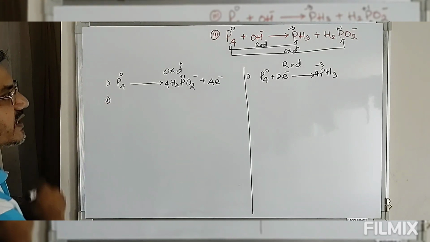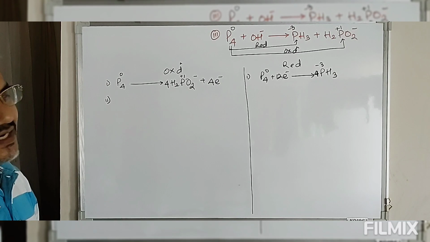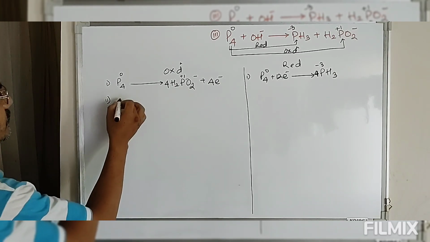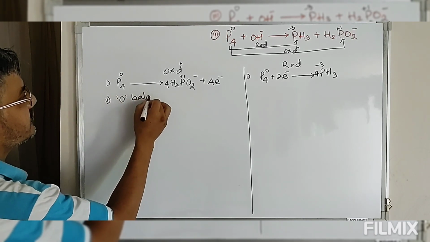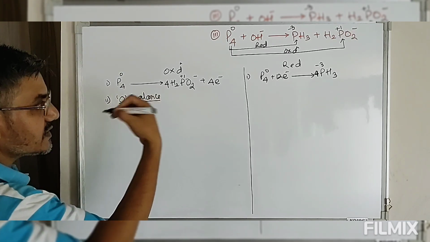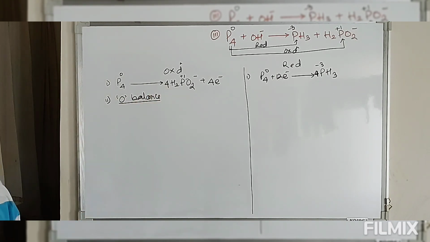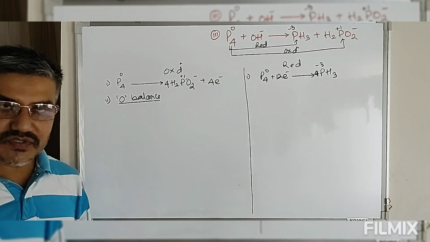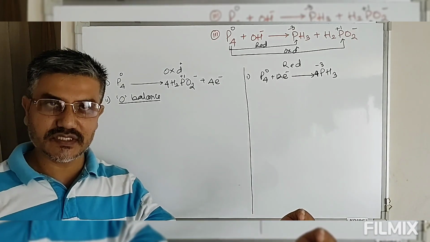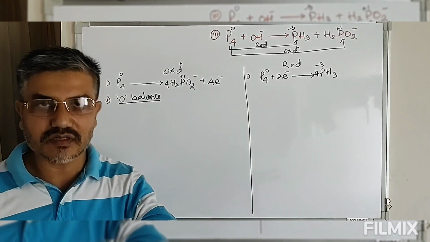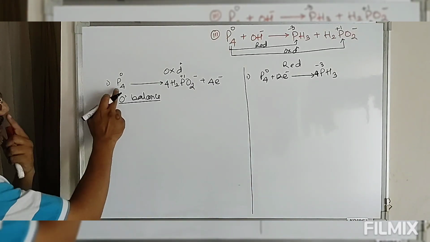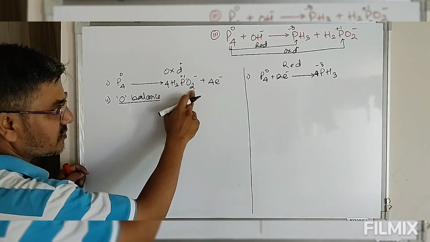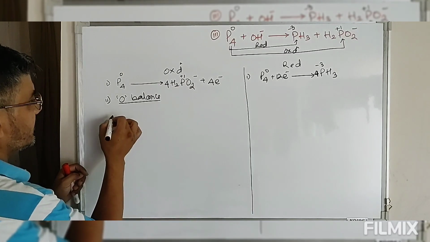Once this is balanced, then we have to balance hydrogen and oxygen, because there is no other atom other than hydrogen and oxygen. So we have to balance oxygen first. Since the reaction is in basic medium, we have to follow basic medium balancing of oxygen. Basic medium says to the side having excess oxygen, add the same number of water molecules. Now look at this, here it is 4, here there are 8 oxygens, so 8 oxygens are in excess, so we will add 8 water molecules.